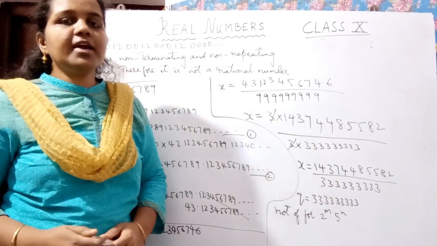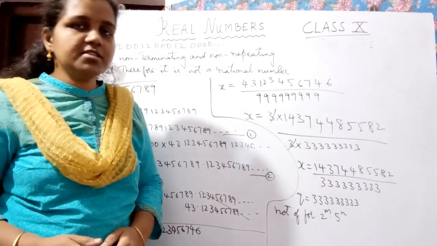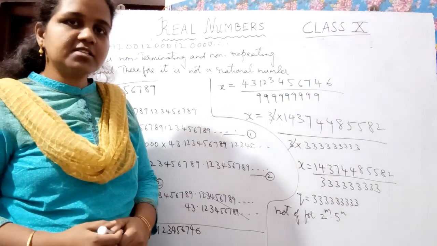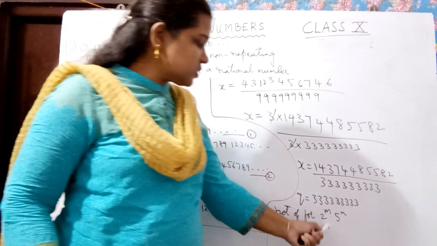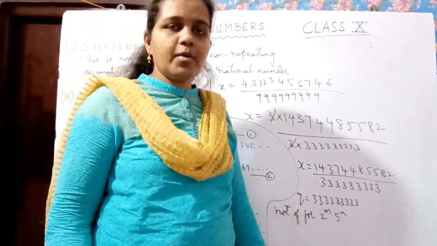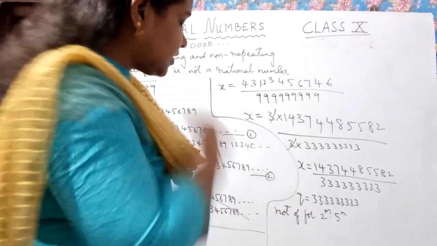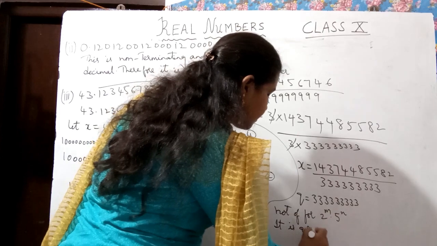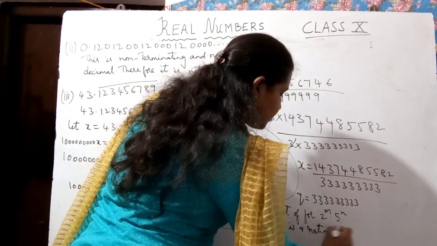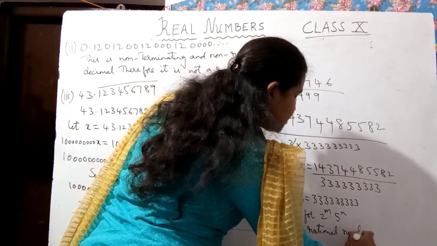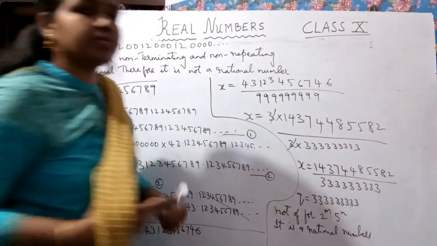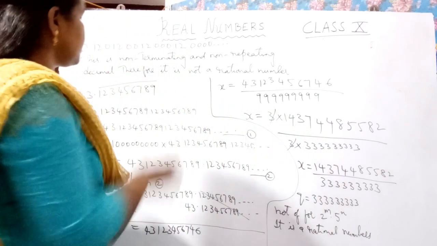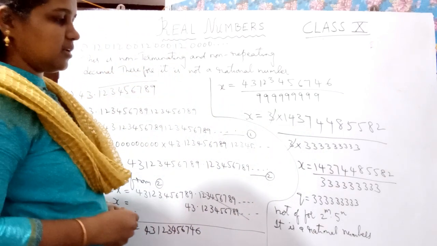So in this way, we can say whether the given decimal is rational or not. So now is it rational or not? It is rational only. But here, Q is not in the form of 2 power m into 5 power n. Okay. So it is a rational number. We can say it is a rational number because we know all rational numbers which are non-terminating and repeating are rational numbers. It is non-terminating but the same thing is repeating. So it is a rational number.